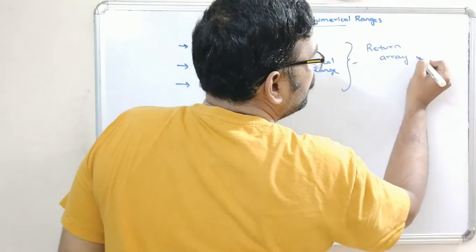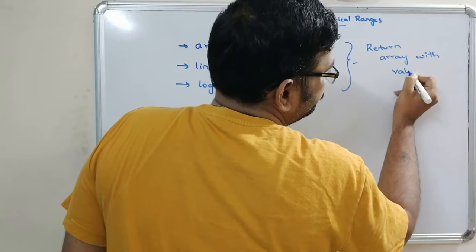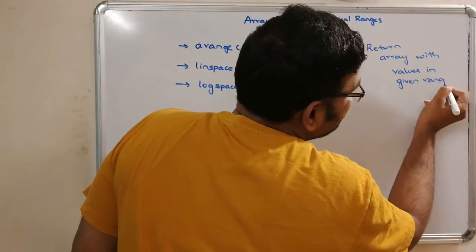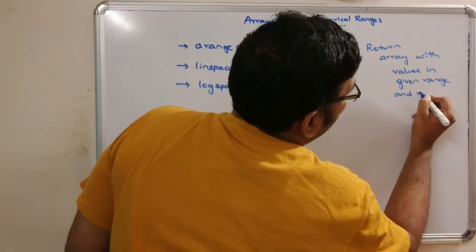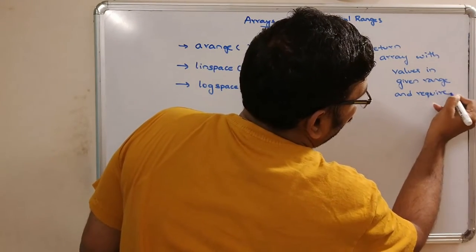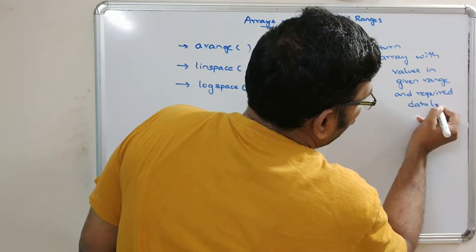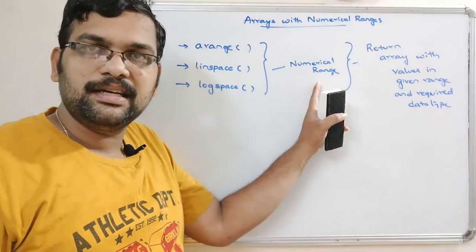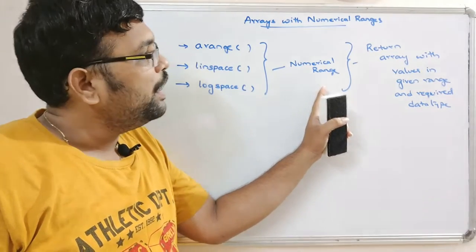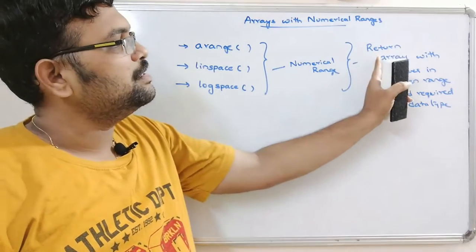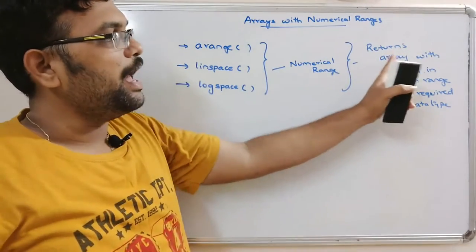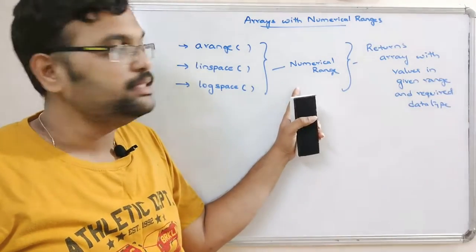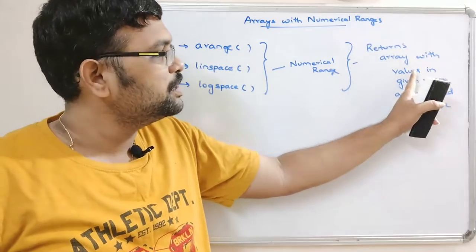All these three functions return an array with values in the given range and required data type. Okay, so for all these three functions we have to pass the numerical range as a parameter, and all these three functions return an array with the values in the given range. So here we have to give the range, and within the given range it will return some values